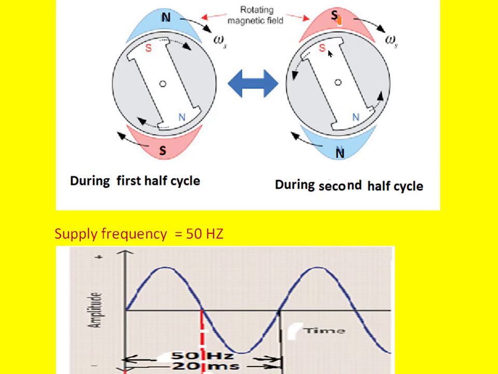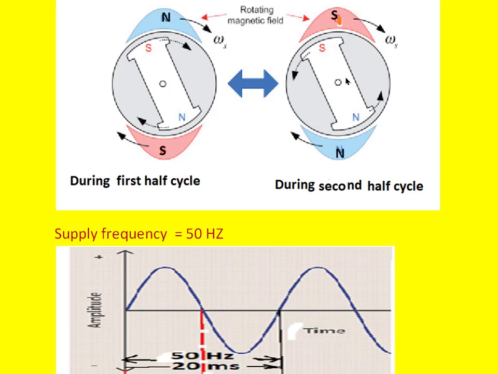Again after 10 milliseconds, the stator pole will become north pole here, and this becomes south pole. Then the operation repeats, that is, the south pole tries to move along with the north pole. Within 10 milliseconds it is unable to change its polarity, so it just pulsates; it cannot rotate in any direction. So that is the principle of the synchronous motor.